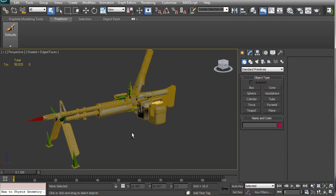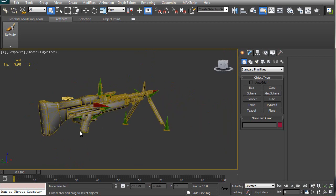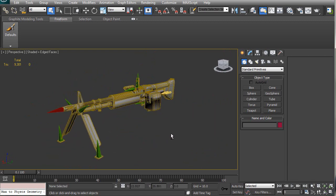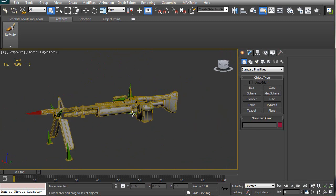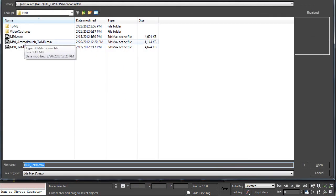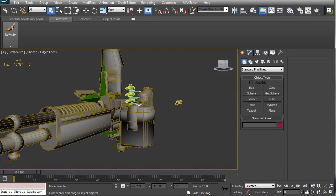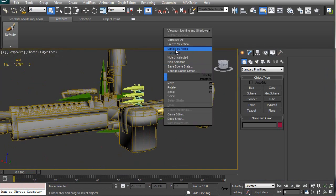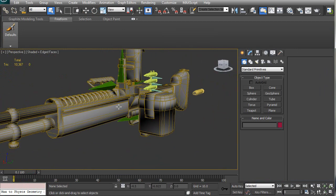Okay, so here we are back in Max, and what I want to do now is get this file ready to export. What I'm going to do is actually open up a different one. This one that I did with the ammo pouch is actually a more completed version of the weapon, and if I unhide all here, you can see these are all my parts, including